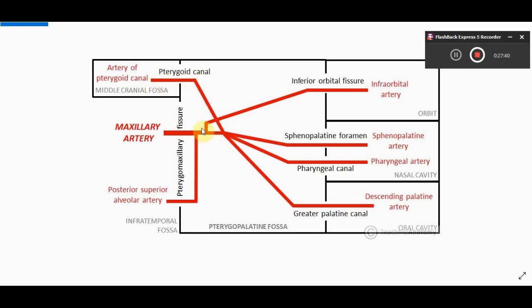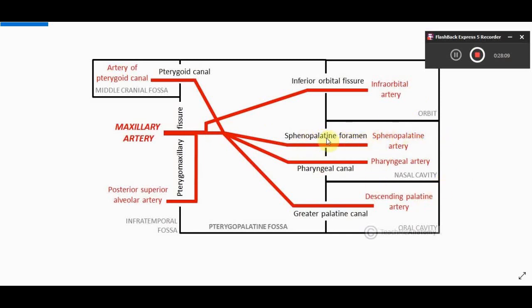It gives, my apologies, the infraorbital artery, which enters into the orbit anteriorly, because the orbit is anterior, right? And it's basically the roof and the anterior wall. In between we have the fissure, the infraorbital fissure. The maxillary artery branch, the sphenopalatine artery, enters into the nasal cavity, and the sphenopalatine foramen is located in the medial